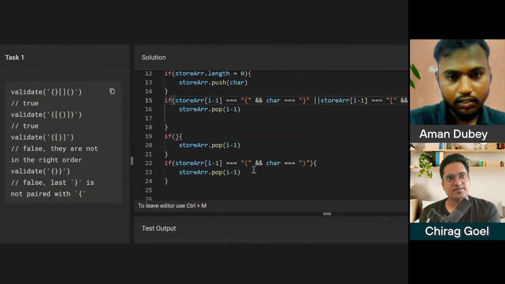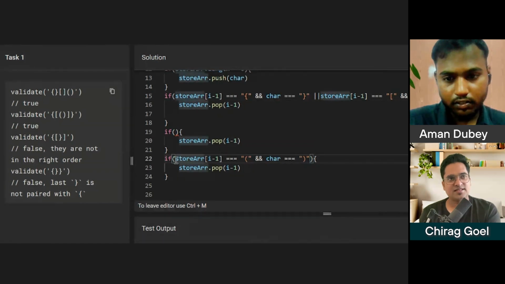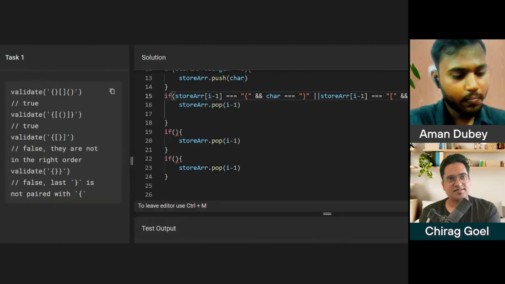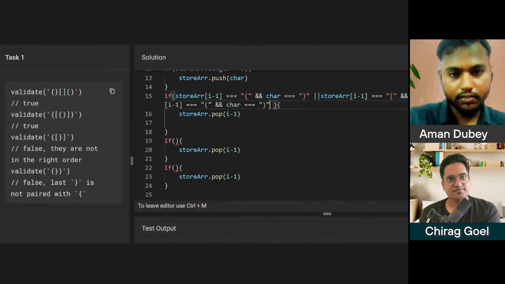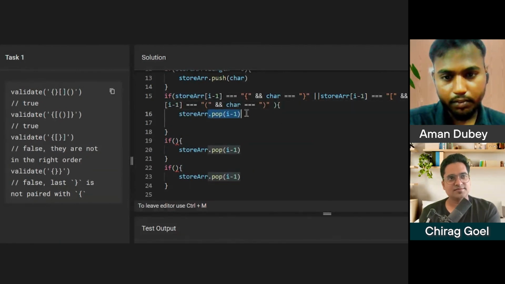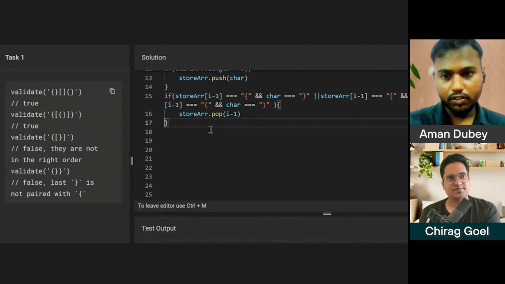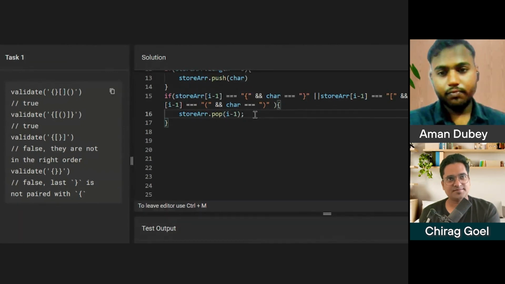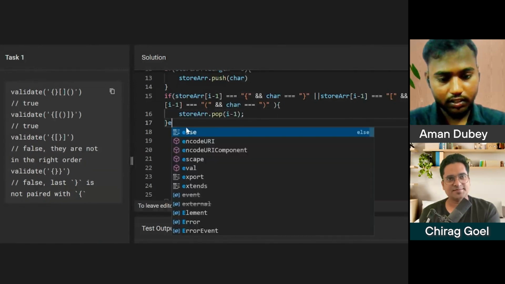I don't have to write this. It will work for all of them. Now, if it is not, I will write else.